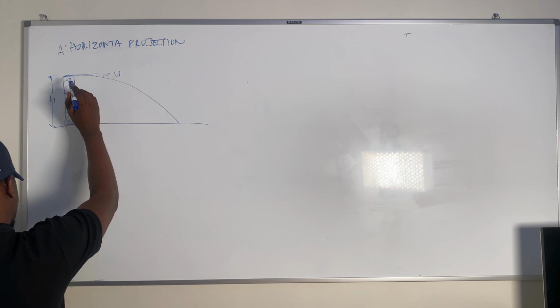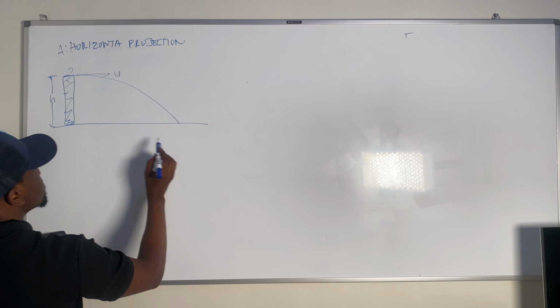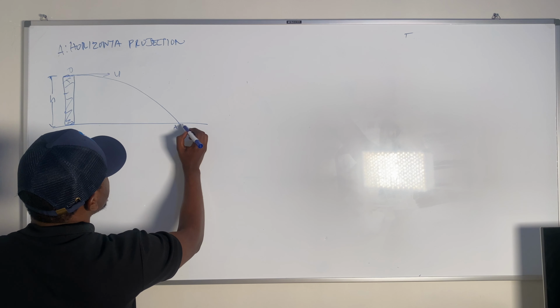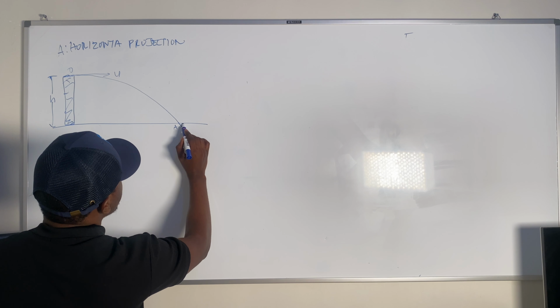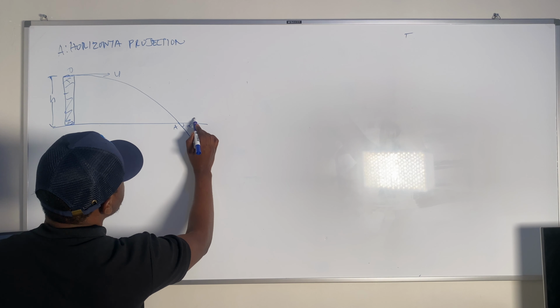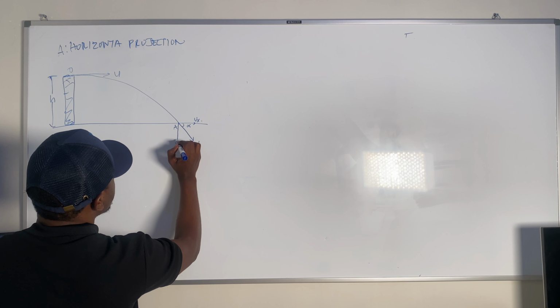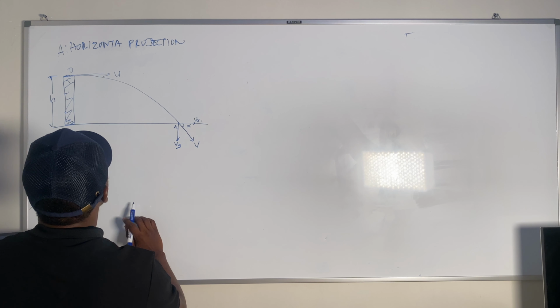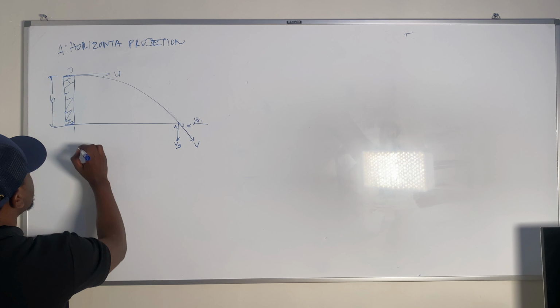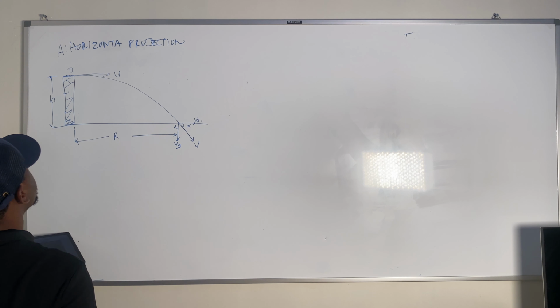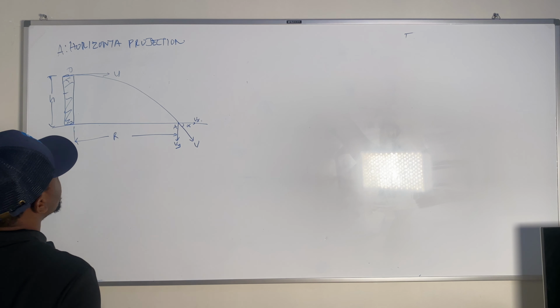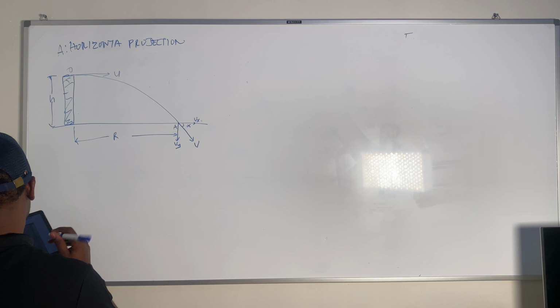This is the origin, and this is the landing point A. And it will land with a velocity v at a direction alpha below the horizontal. This is v, with v in x direction and v in y direction, and this here will be the range of this projectile. So we have to derive the different equations regarding the horizontal motion of a projectile.